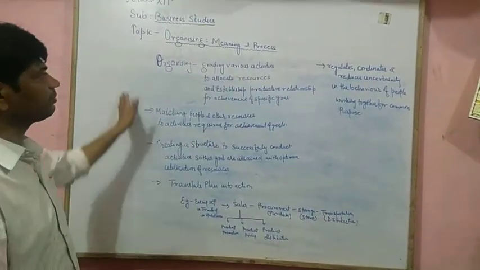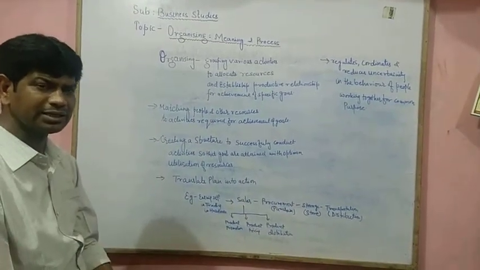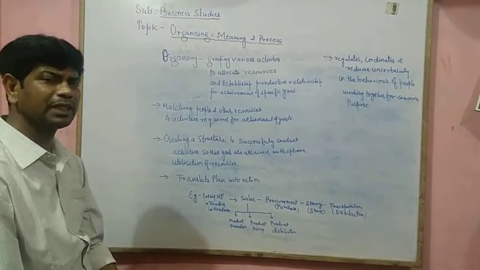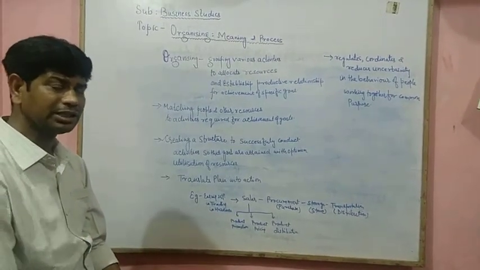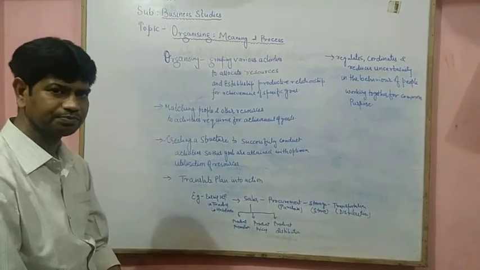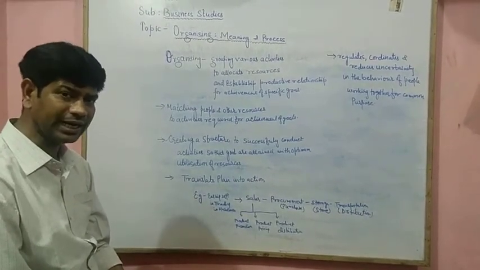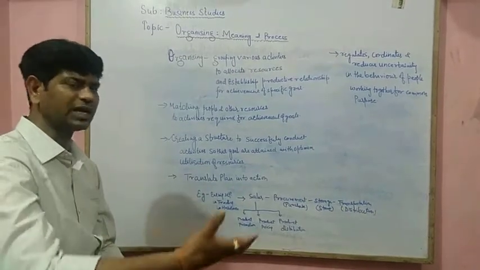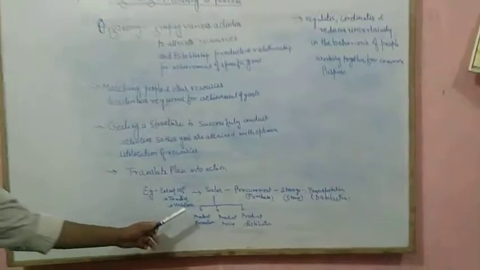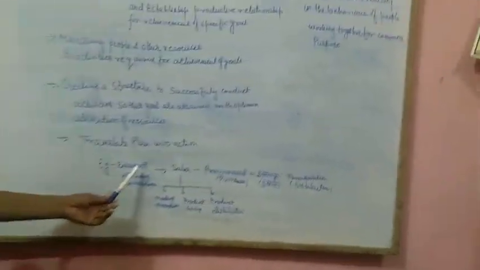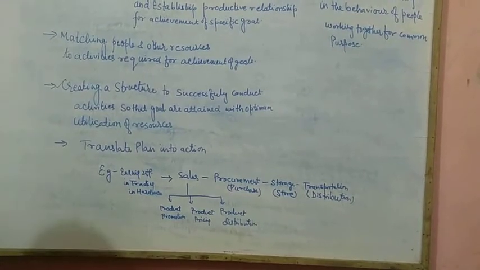So basically what we find over here is that organizing is basically the plan into action. The plan that an organization has decided, we put the plan into action. I have given you this example, that suppose we have the objective of 25% profit earning in trading in hardware. Then